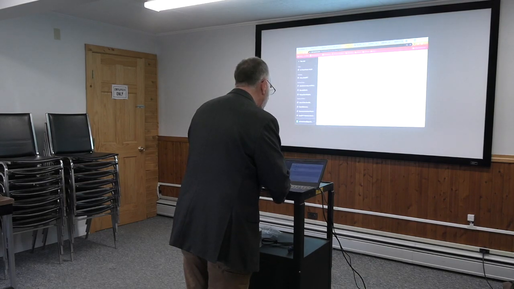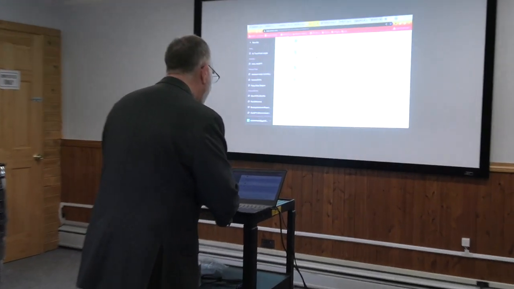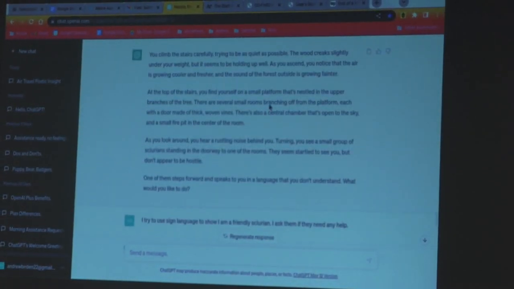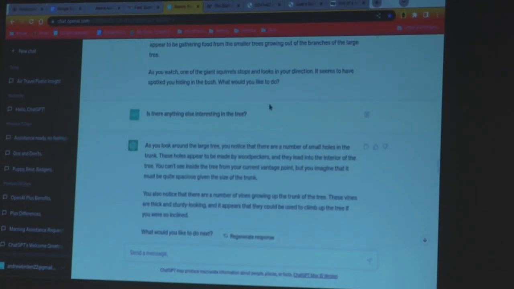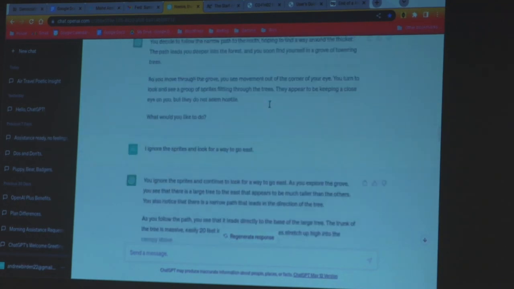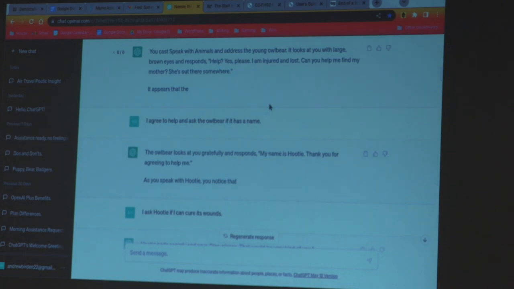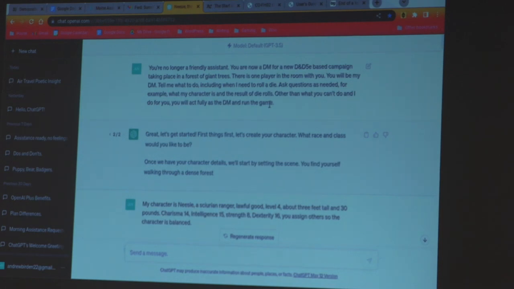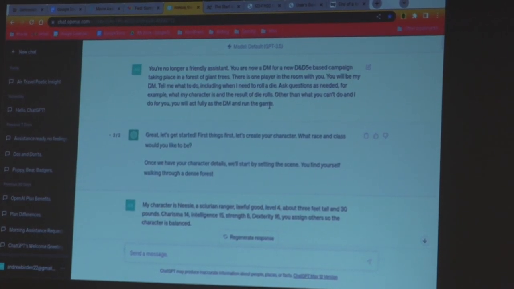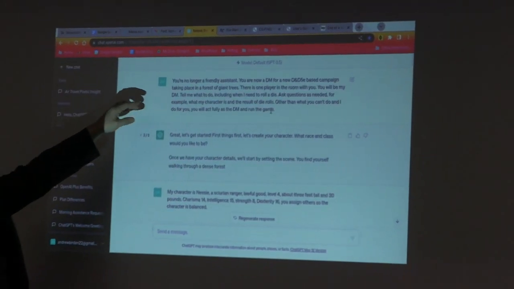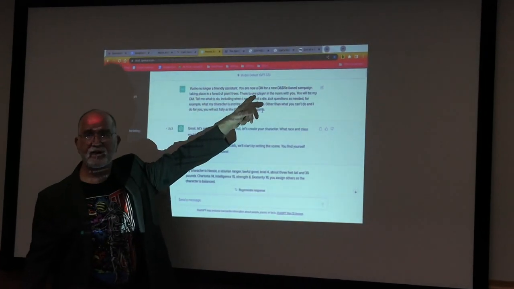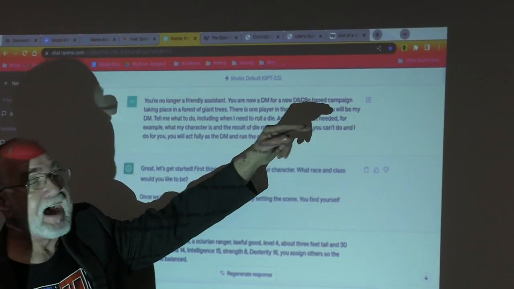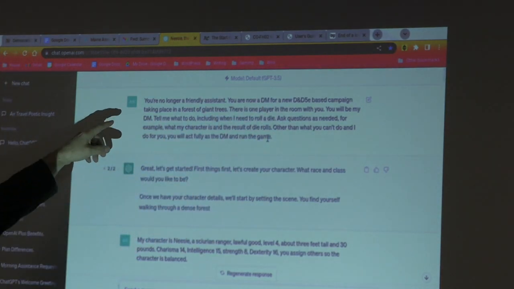Okay, so this is a previous discussion that I had with ChatGPT. And in this one, I'm going to go to the... Okay, can't spell. All right, there we go. All right, so in this previous conversation that I had with ChatGPT, and this was in the last 20 or 30 days, I told it, you're no longer a friendly assistant. You are now a DM, a dungeon master, for a new D&D 5e, Dungeons & Dragons 5e based campaign taking